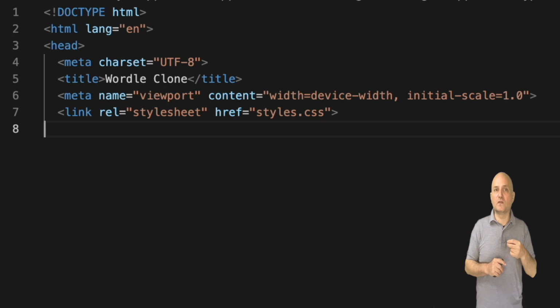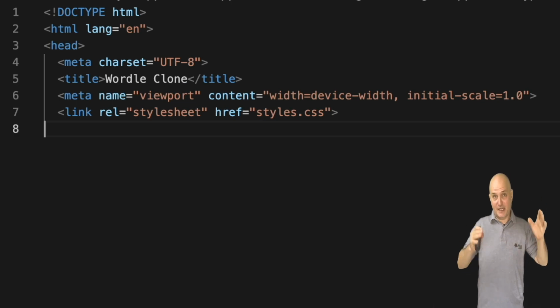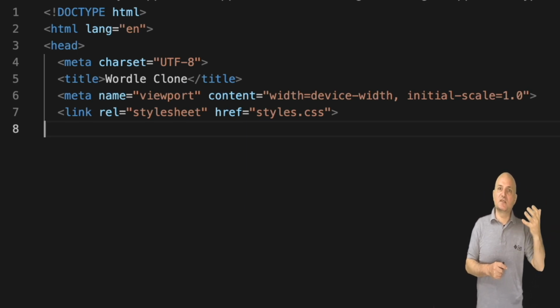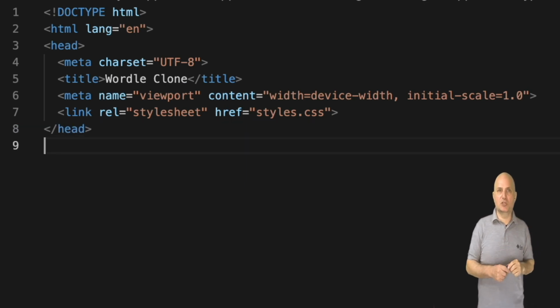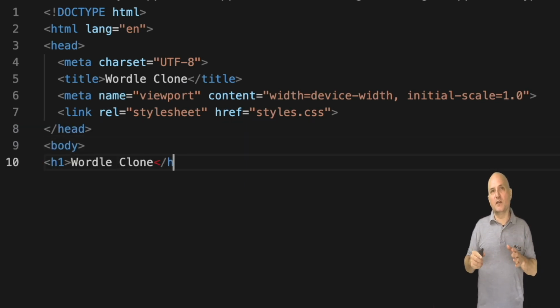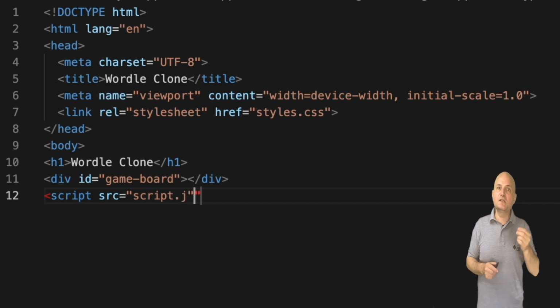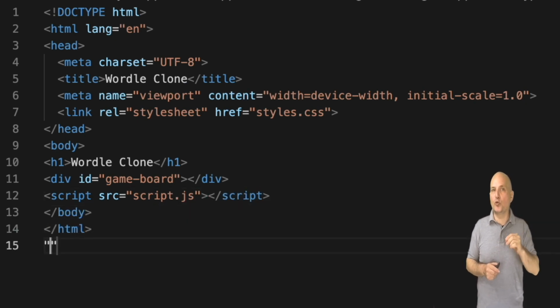If you want to use the same CSS in many HTML files, you can include it like this, and that way your page can have the same styling. You can include multiple CSS files like that. That's why they are cascading style sheets. We can then have a common theme for all the pages and specific customizations for some of the pages. The rest of the body is pretty trivial. We have the title and the game board div. This is where we will see the actual Wordle game.